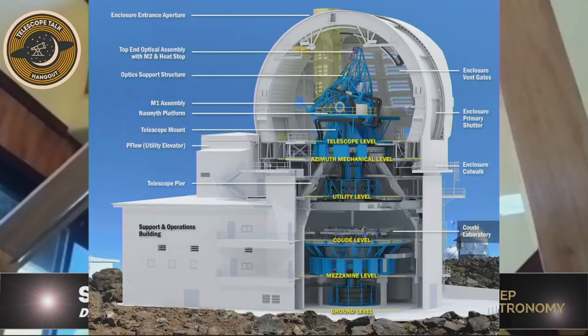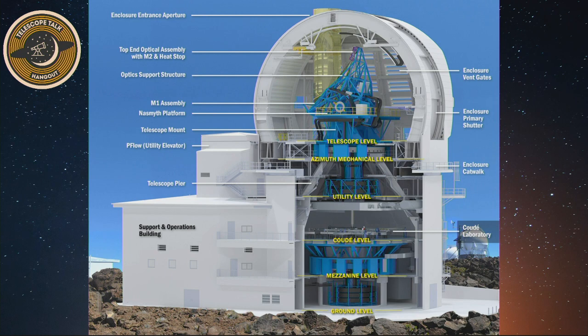I think there is one, Tony. Your pictures. Where is it? You can show the frame of the telescope. It shows the geometry. Okay, I've got it up now. Yeah, you can. So at the very top, I really can't see the off-axis-ness of it, but I guess light reflects off of that M2, which has also got a heat stop on it, and then it goes down to the mirror, but it's not sitting in the center of the mirror, right,